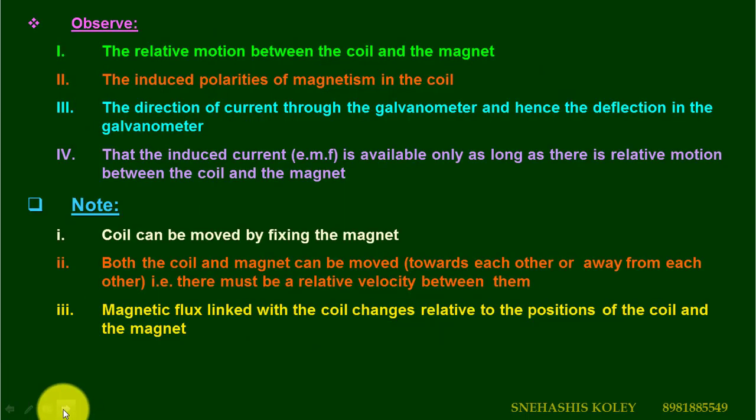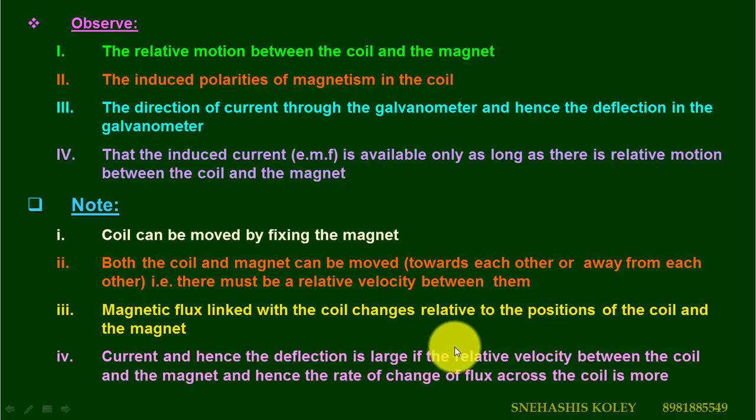The conclusion of this experiment is that a current flows in the coil only when there is a relative motion between the coil and magnet. That means irrespective of whether the magnet moves or the solenoid moves. Number 2, the direction of the current is reversed if the motion of the magnet is reversed, and the current in the coil is increased by the rapid motion of the magnet, by the use of a strong magnet, and by increasing the area of cross section of the coil.